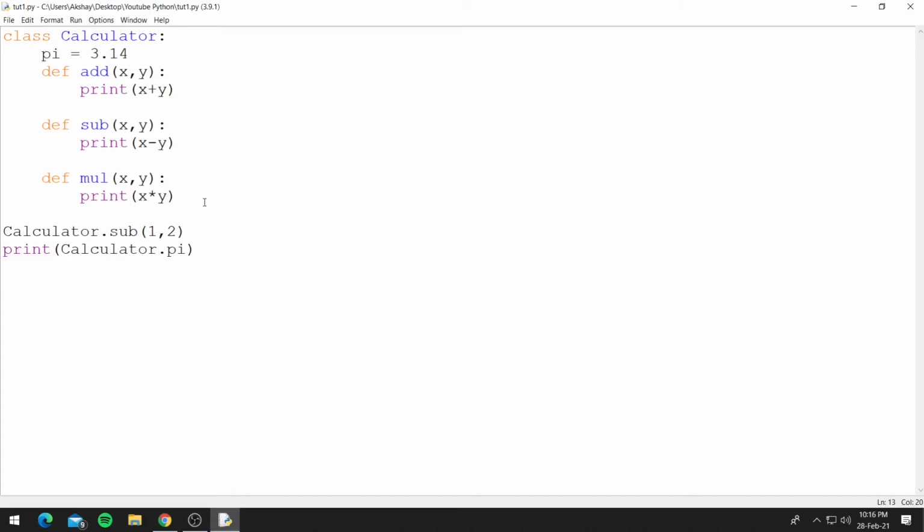Now we have a class calculator, and we have some related functions inside it like add, subtract or multiply grouped together. Now you can have other classes like a class for person, where the functions can be walking or running, and the variables could be, let's say, height or age. You can have any classes you want. Another example could be a class for bottle, where the functions could be if the bottle is empty or if the bottle is full, and the variables could be the diameter of the bottle, etc. So class basically allows you to encase these functions and variables, so it is easier to understand the code.